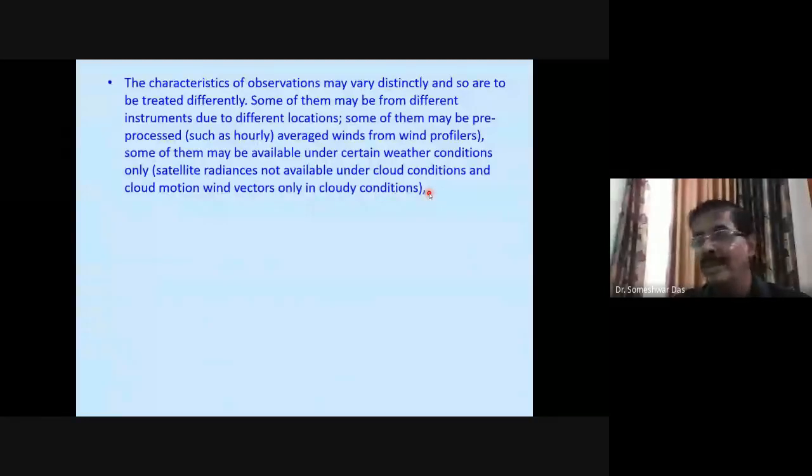I might have told you that for many years, Indian radiosonde data was not accepted by global analysis systems like ECMWF and others. They used to reject the Indian radiosonde data because they always complained that there was a problem in your data, and in India we were not accepting that. You cannot say that our data has a problem. Later on, it took several years for us to realize and admit that there was a problem. Actually, there was not a full-fledged problem, only a partial problem. I probably have discussed this earlier.